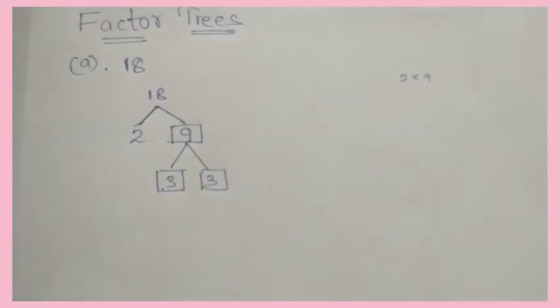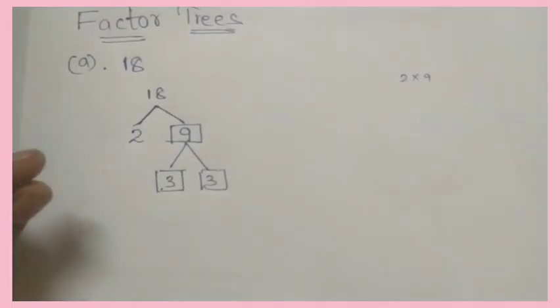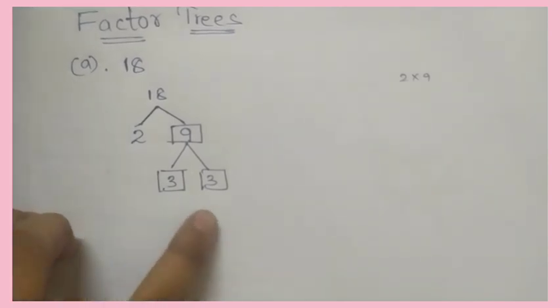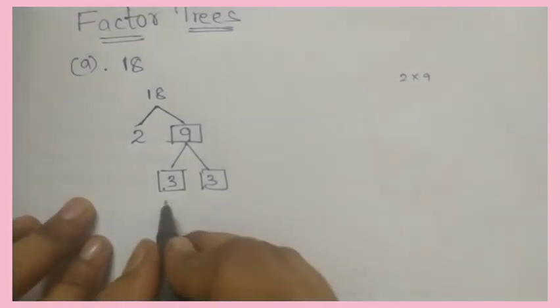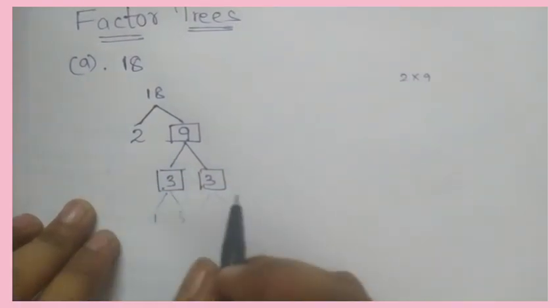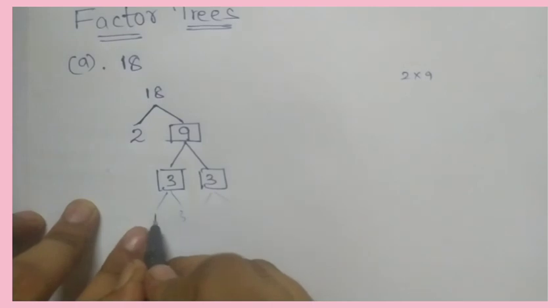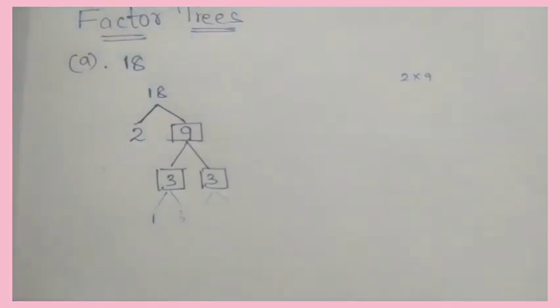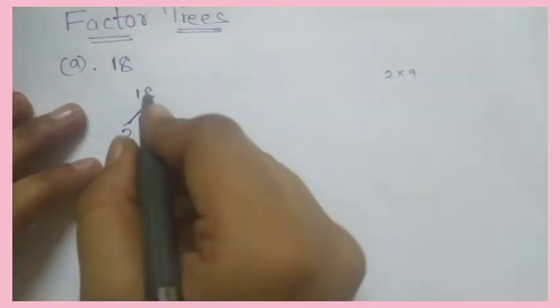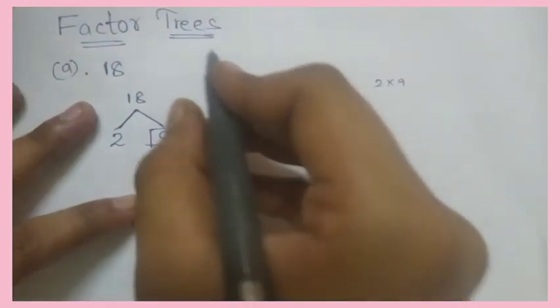No. One note point is there. What does that mean? We do not show 1 times the number itself on the factor tree. We should not say 1 3 is, 1 2 is. We should not take 1 here. We can take any other number but we should not take 1 here. This is a factor tree of 18.